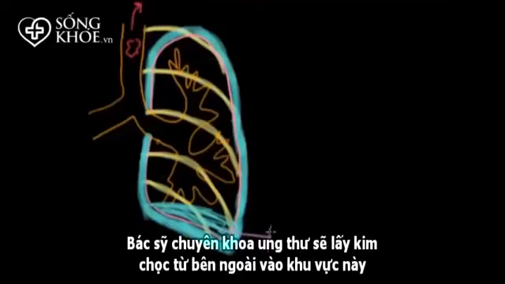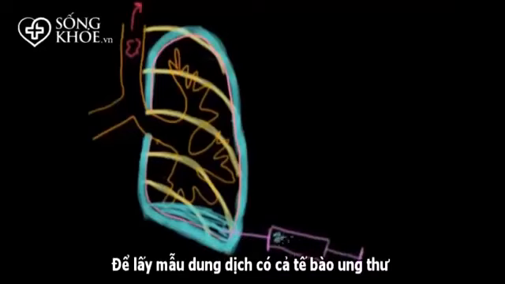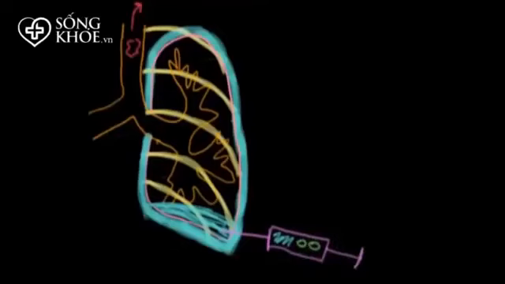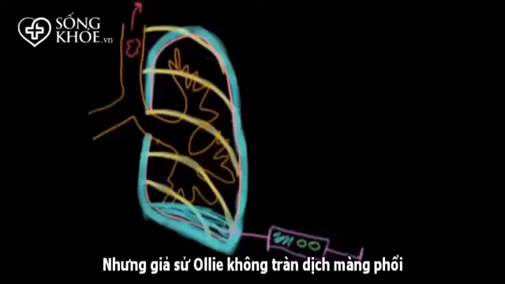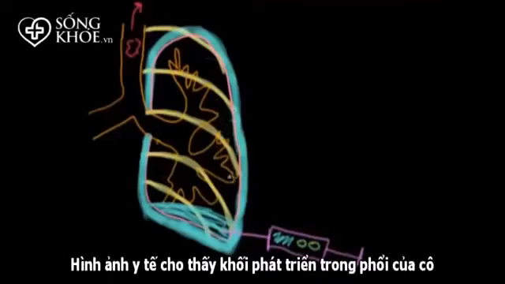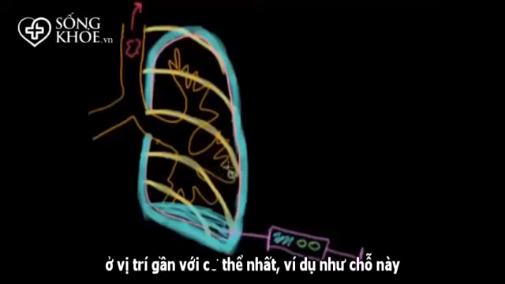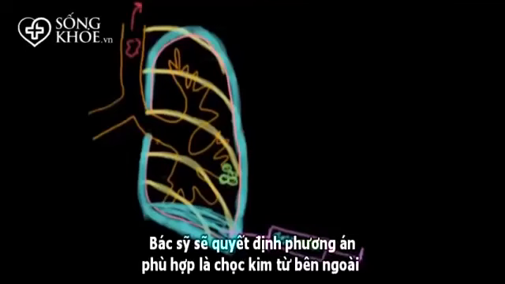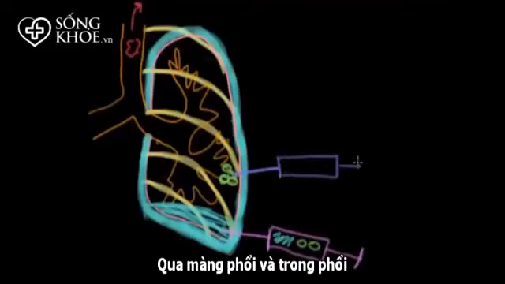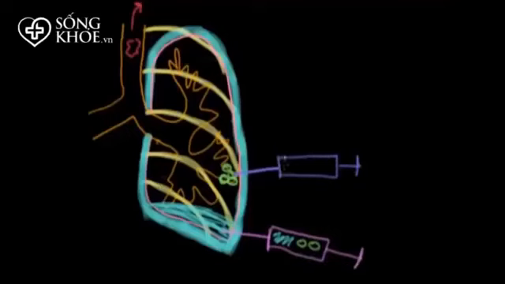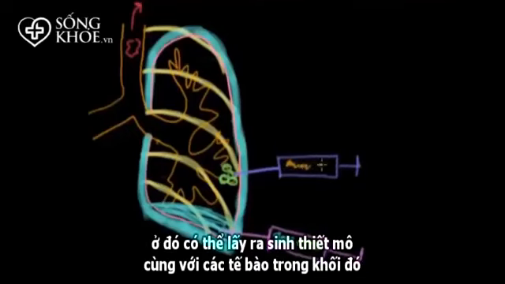And an oncologist may decide to pass a needle from the outside of the body into this space and take a sample of the fluid, including the cancer cells, which would be floating around in it. But let's say Ollie doesn't have pleural effusion. Medical imaging shows that the mass growing in her lung is closest to the outside of her body, like if they were here. Well, then the oncologist may decide that it makes sense to pass a needle from the outside of the body through the pleural space and into the lung itself, where a biopsy of the tissue can be taken along with